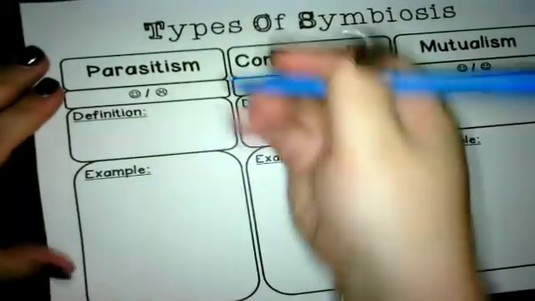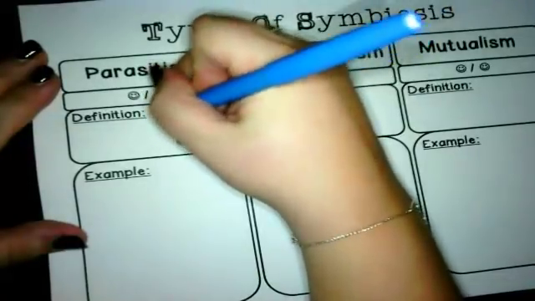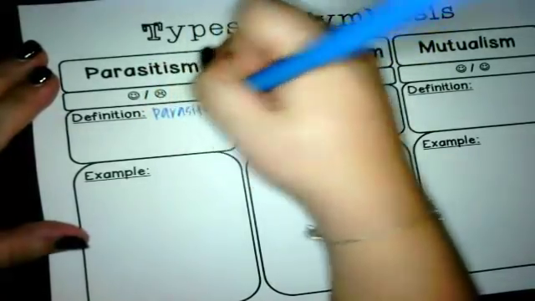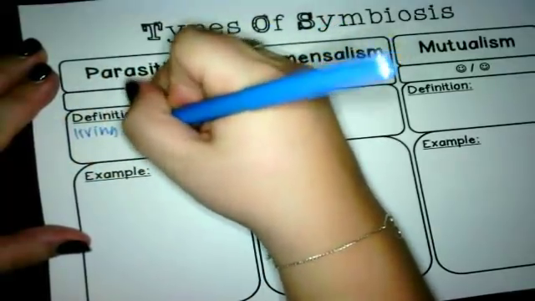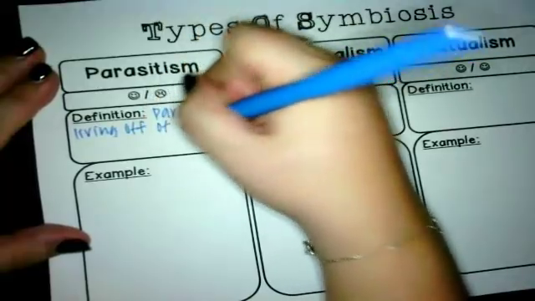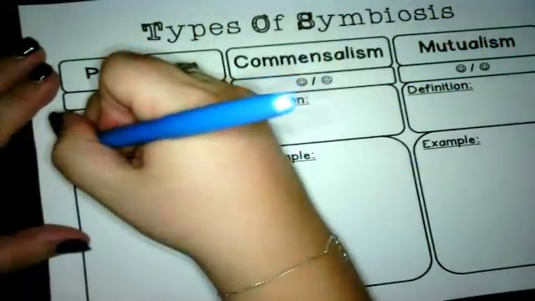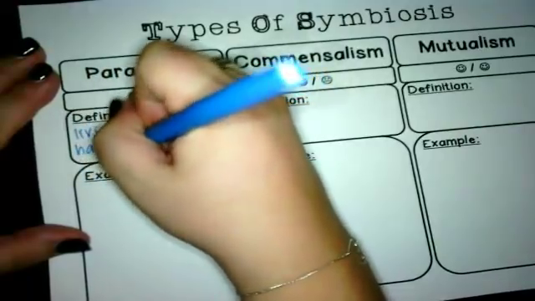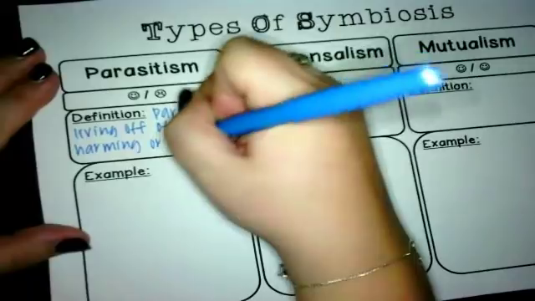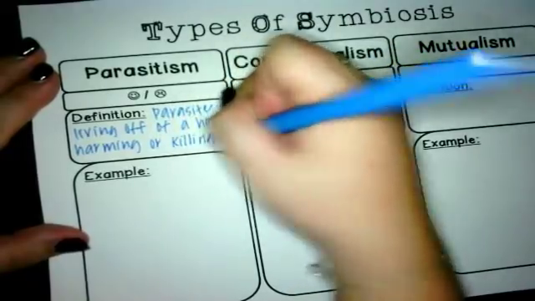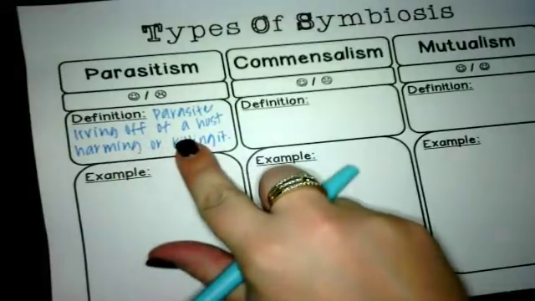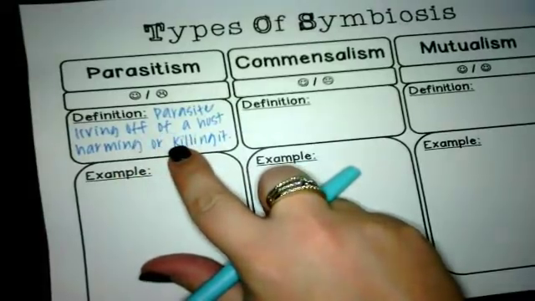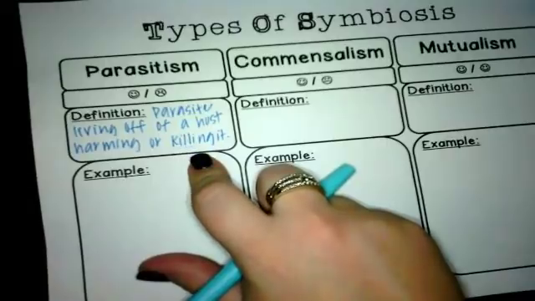We'll go ahead and define it. We're going to define parasitism as a parasite living off of a host, harming or killing it. Okay, so if you need to pause and copy that down, you are welcome to do that now. All right, so knowing that parasitism means that a parasite, something usually bad, is living off of the host